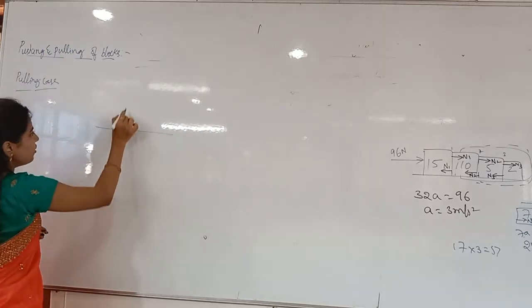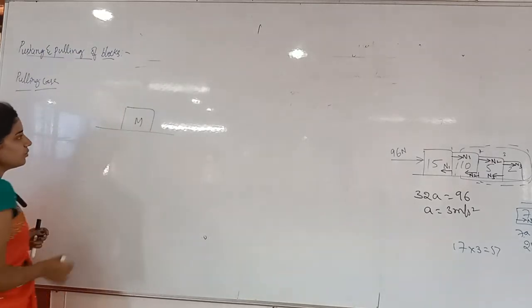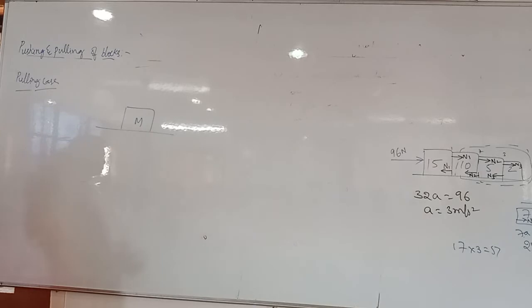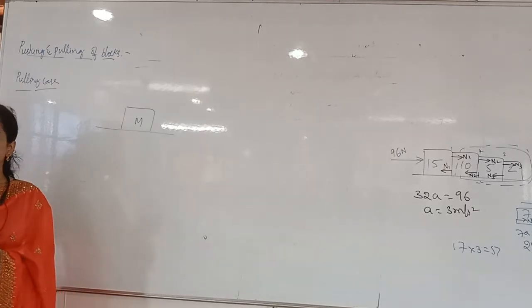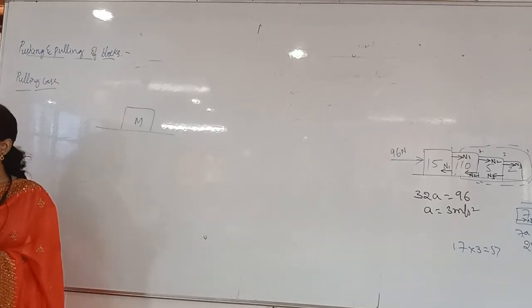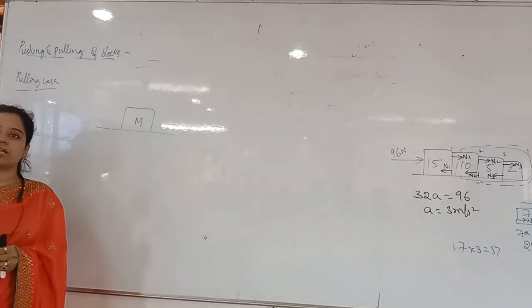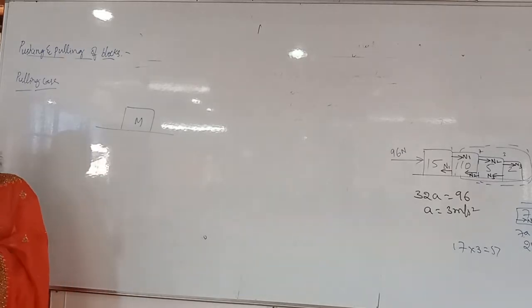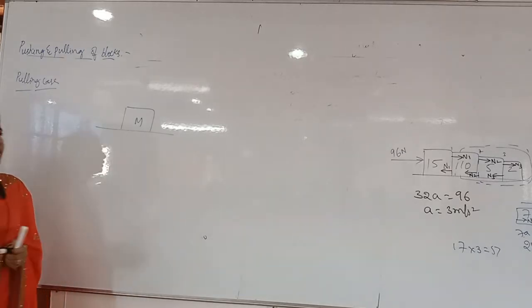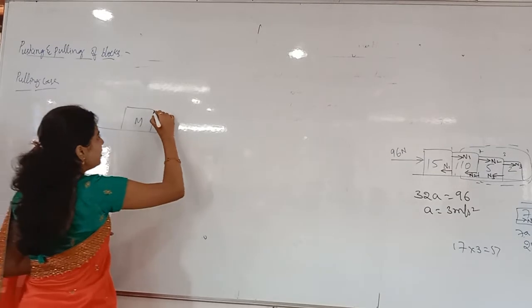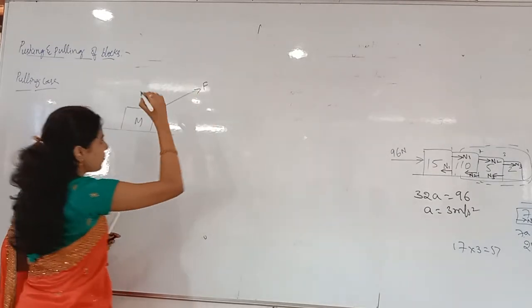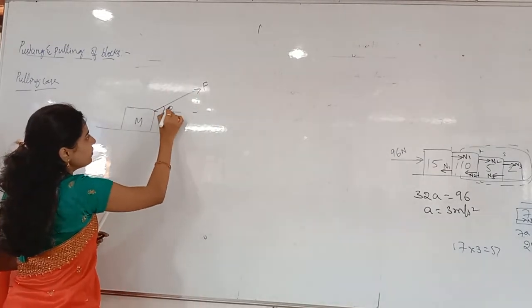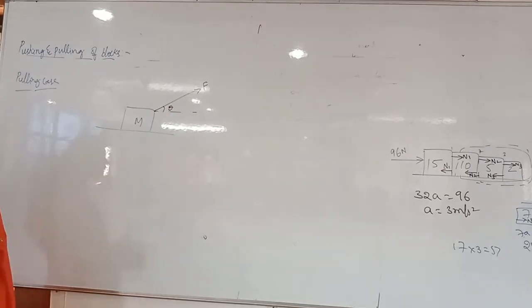I have taken a block of mass m here. Block of mass m is there on the horizontal smooth surface. Now I want to pull the block, but I have to apply the force on the block only, of course. In both the cases I have to apply the force on the block only. But to pull, I have to apply the force towards me like this. So whenever I am pulling at some angle theta, F force I have pulled.